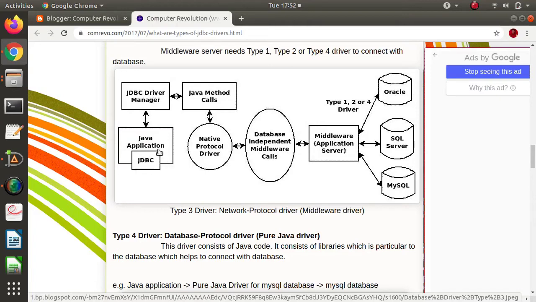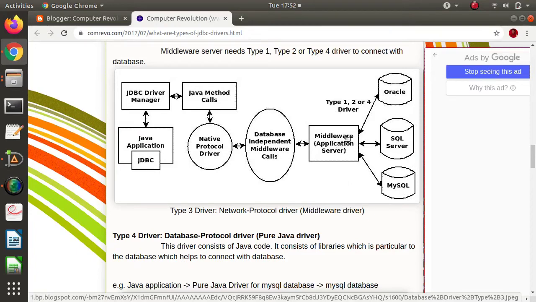So this customer doesn't have to worry about it. He just fires the database query, or makes a database call, that will get passed to the middleware server. But the middleware server is also a server, also a machine. It has to be connected with the databases.